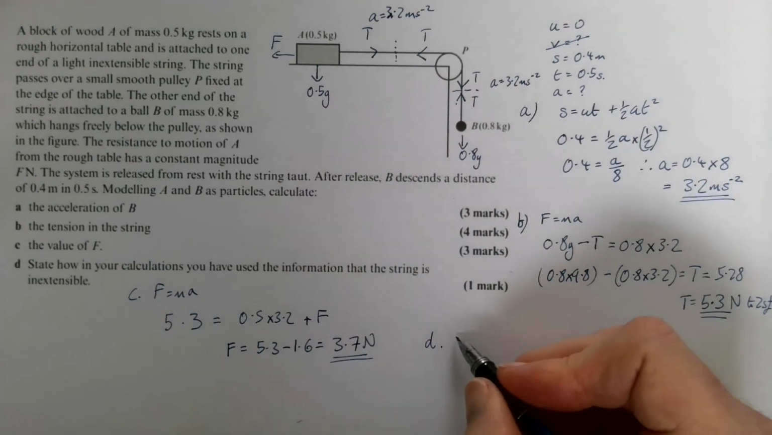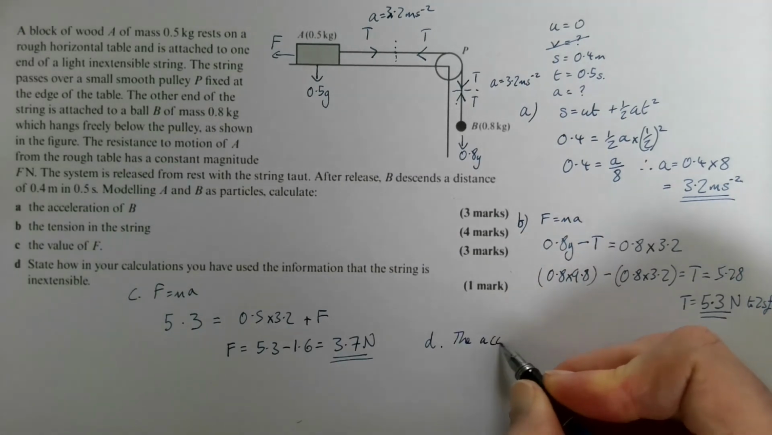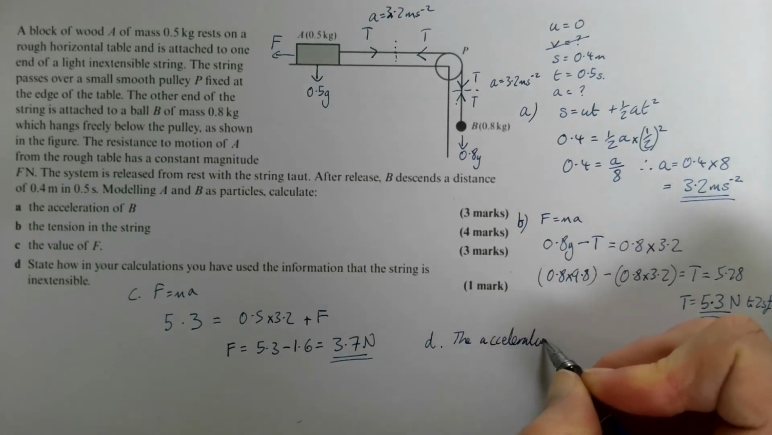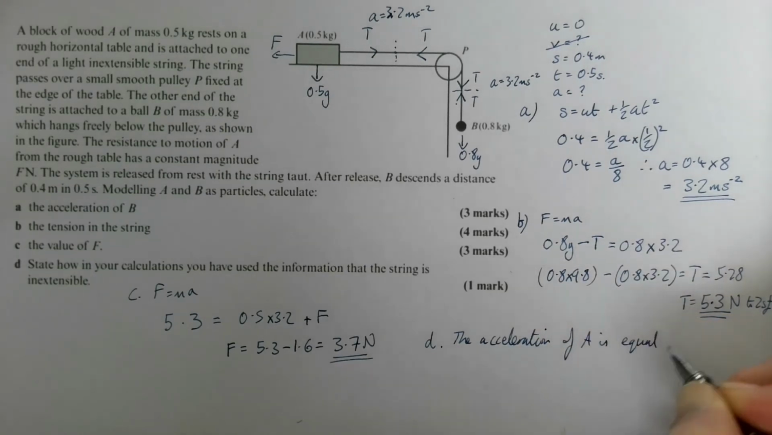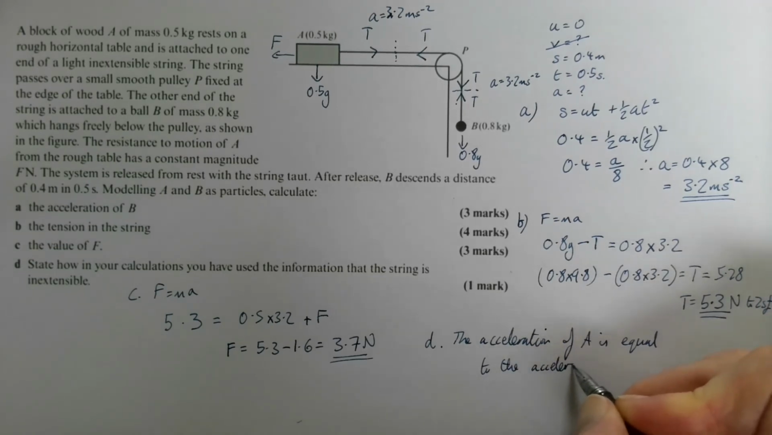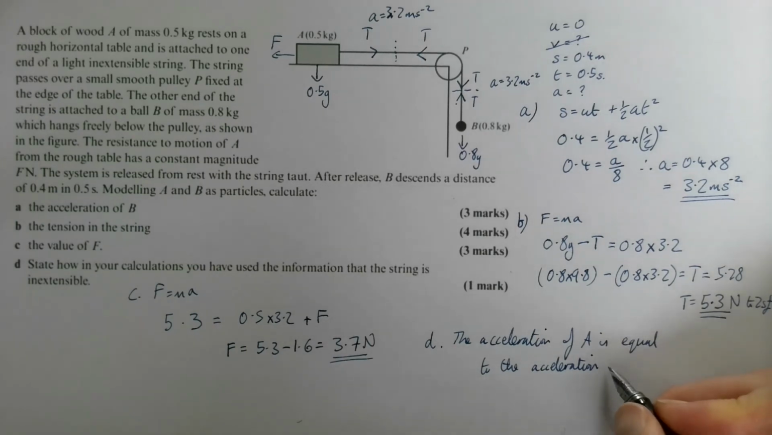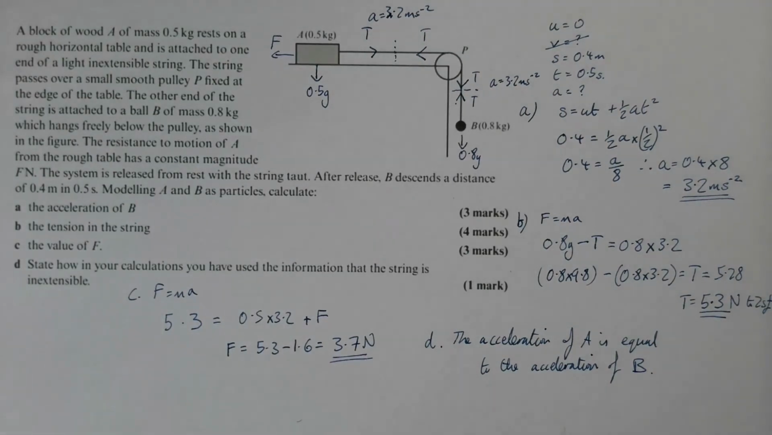So what they're looking for is the acceleration of A is equal to the acceleration of B. You don't have to use the terms A and B. You can say both particles, the acceleration is equal. That's absolutely fine. Okay, time to jot up all of your marks and upload your evidence of what you've done,